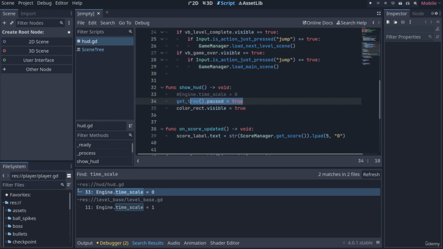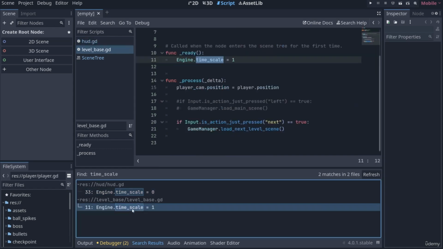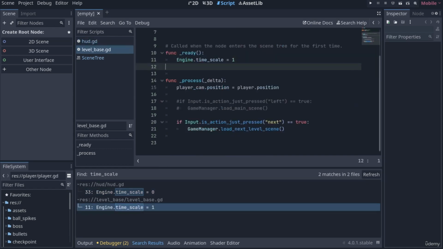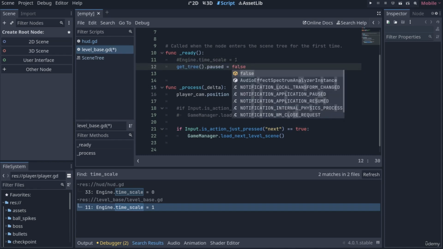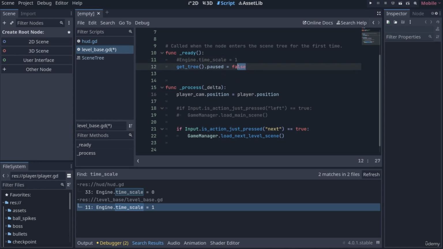So what I'm going to do is grab hold of this line and just copy it. Then double click on the level base here where the timescale is set to 1. Comment out this line here as well. And now set that the pause is equal to false so that every time we enter a level, we effectively unpause. What we're also going to have to do here is actually do this when we enter the main scene